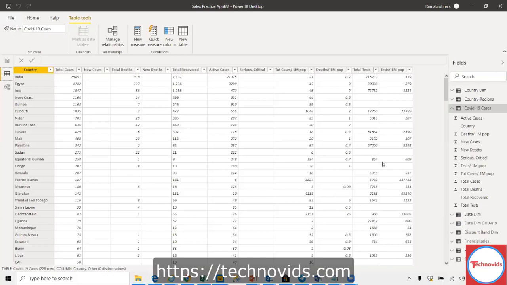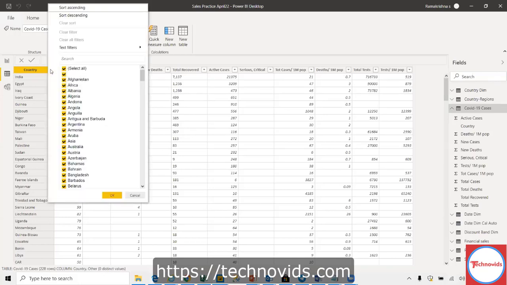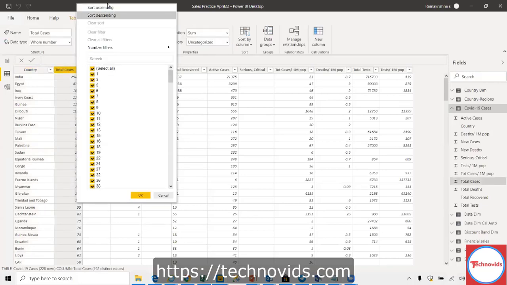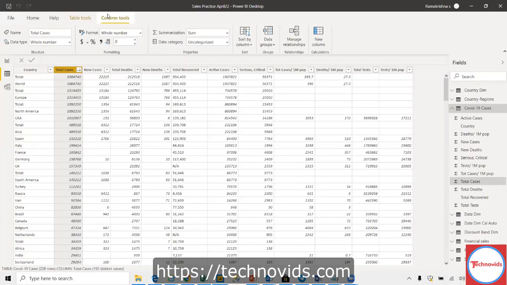But as far as countries like our country, India, and other countries are concerned, most probably the data should be provided to them. Data is provided to the World Health Organization, and people pick the data from there.